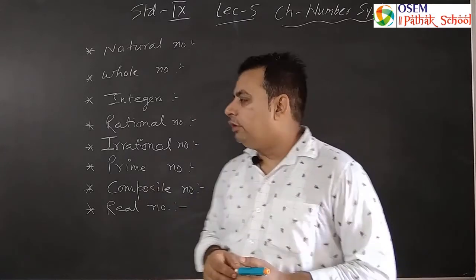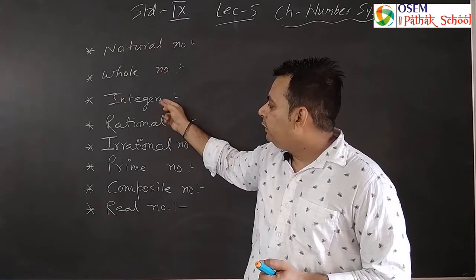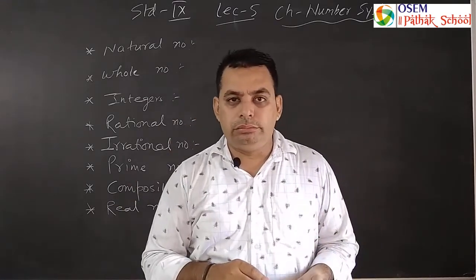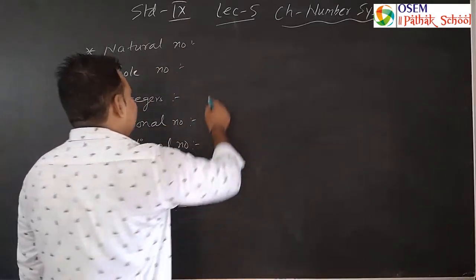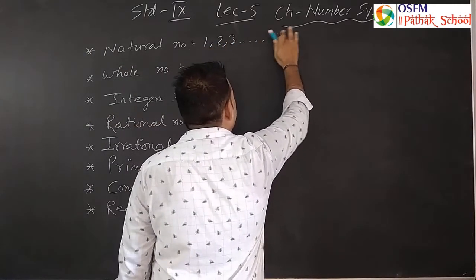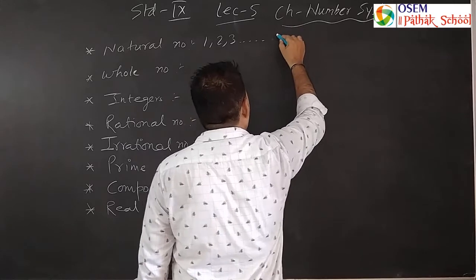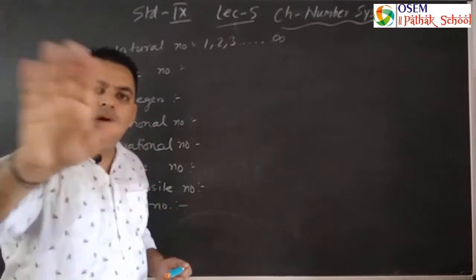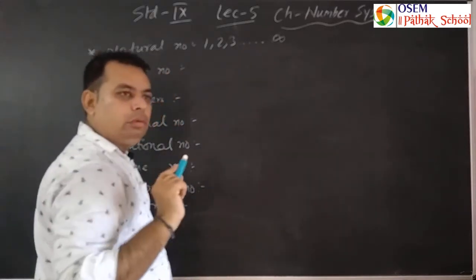And what are real numbers? Real numbers are the combinations of natural numbers, whole numbers, integers, rational and irrational numbers. All can form real numbers. Okay, now I'll explain. Natural numbers are the numbers that start from 1, 2, 3, 4 to infinity. What is infinity? The infinity symbol will be like this. We can write it like this one. This is the symbol of infinity, meaning up to uncountable. All the counting numbers starting from 1 to infinity.